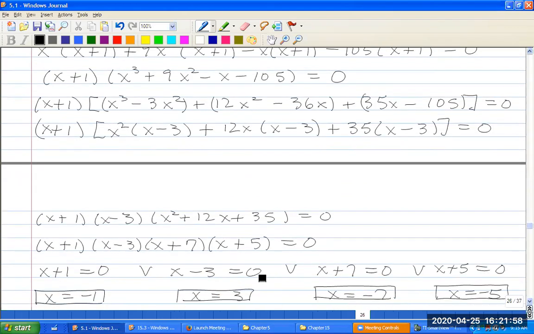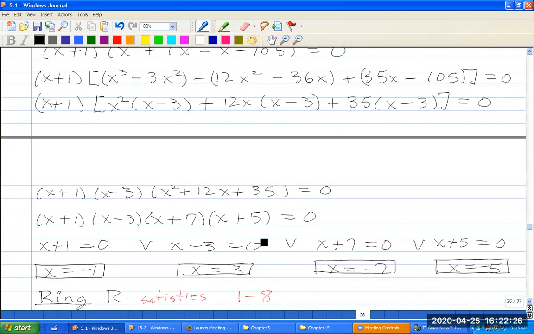It's a monic quadratic, so I should be able to factor that. So this is just going to be an x here. Drop down the plus, times plus gives me a plus. I want two whole numbers whose product is 35 and whose sum is 12. So 7 and 5. Put the factor with larger absolute value first. And so I have here x plus 1 times x minus 3 times x plus 7 times x plus 5